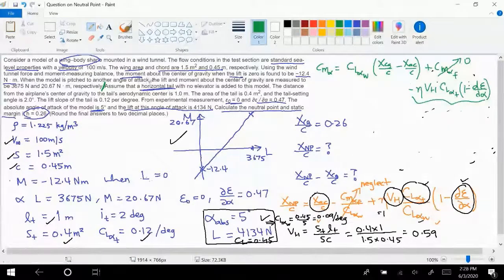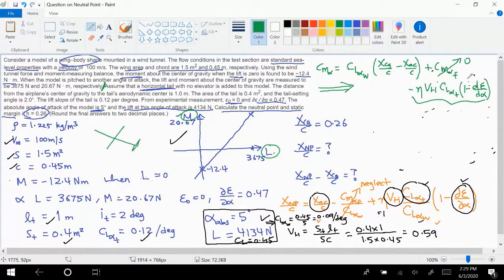When the model is pitched to another angle of attack, the lift and moment about the center of gravity are measured to be 3675 and 20.67 Newton respectively. So this measurement of moment versus lift is obtained without adding the tail. The tail is only added later on. The information that is given regarding moment versus lift is the model without the tail. So initially the model was like this, and they made some experimental measurements. And later on they added a tail, and then they want us to calculate where the neutral point is when the tail is added. Which means if I want to use this information of moment as a function of lift, and feed that information into this equation, then